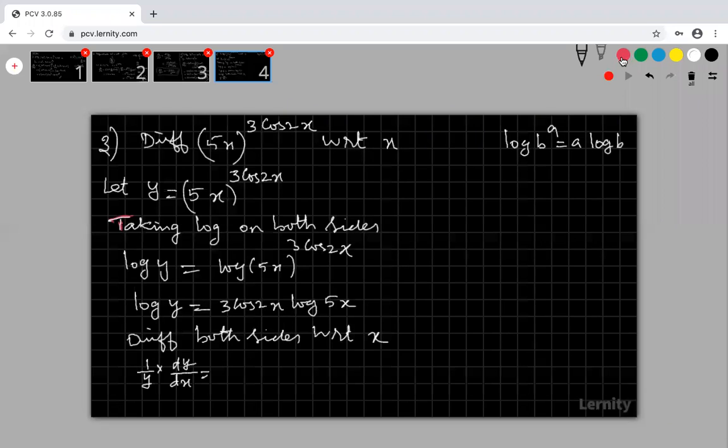And come to the right hand side, you can take this is u, there are two functions. So therefore, I'm going to apply UV formula, product rule. What is my product rule? My product rule is, differentiation of UV is equal to U dash V plus UV dash. So apply your product rule.